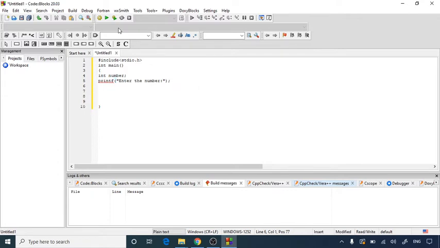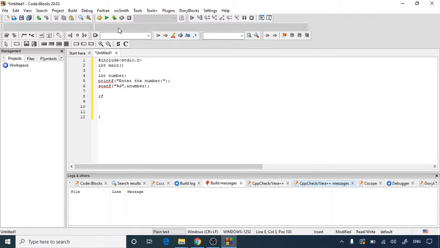Now if the user enters that value, I have to scan it. That means I have to read the same value from the keyboard. So I'll use the scanf function. As the value will be in integer format, it requires the placeholder %d. So %d is a placeholder to read any integer number. Then &number, so the ampersand number will store the given number at the memory location of the integer variable number, which we have declared.